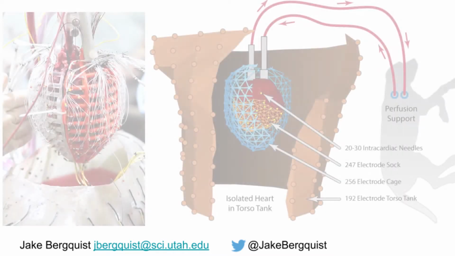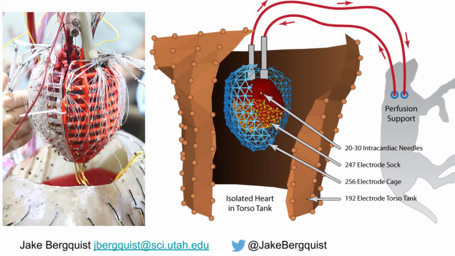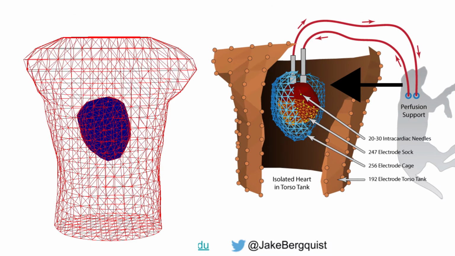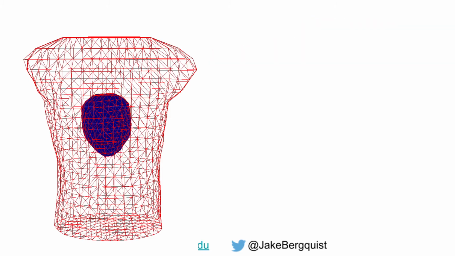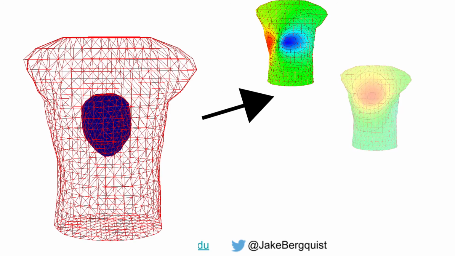In order to assess the performance of this novel method, we generated a synthetic data set using data collected from a torso tank preparation. We took the cardiac geometry, represented here as a pericardiac cage consisting of 256 electrodes, and artificially moved it to different locations within the torso tank. We then took a single ventricular paced beat recorded at that pericardiac cage and forward computed body surface potentials for